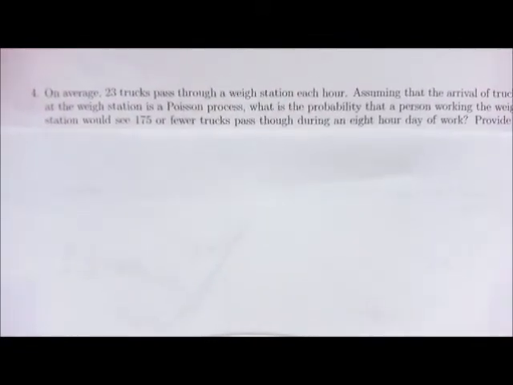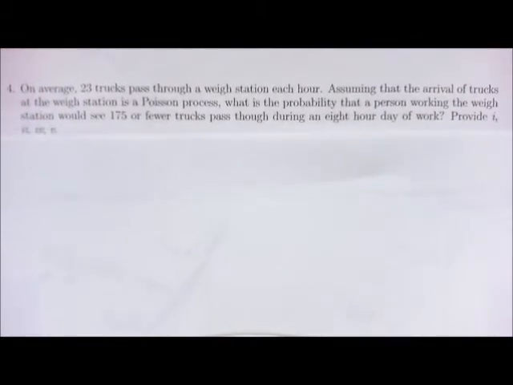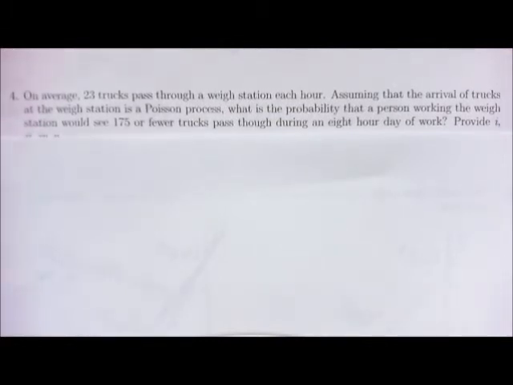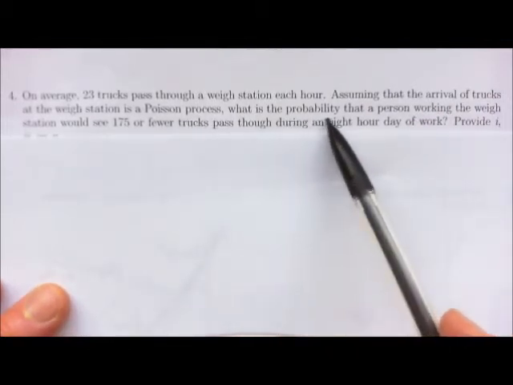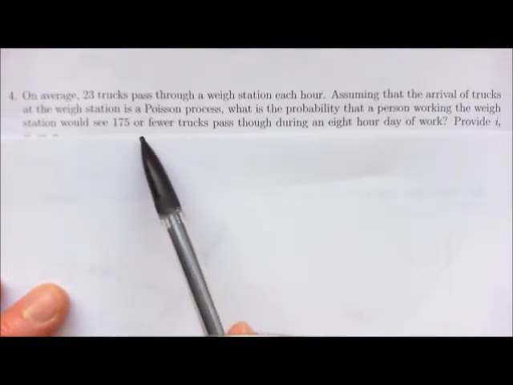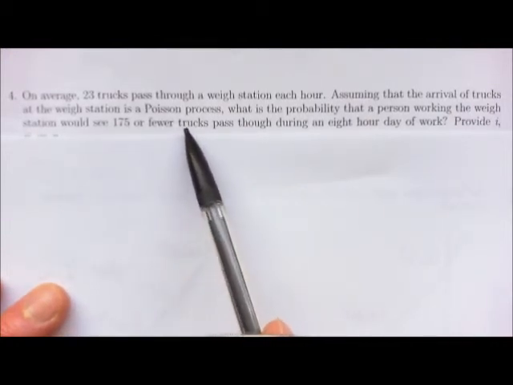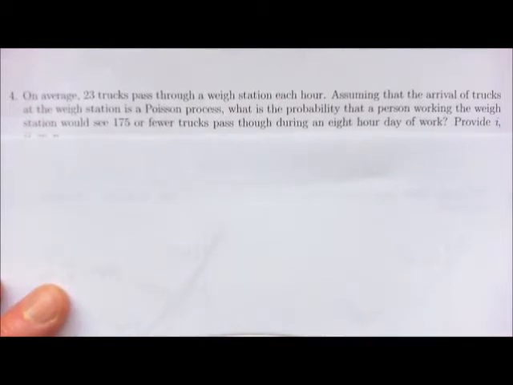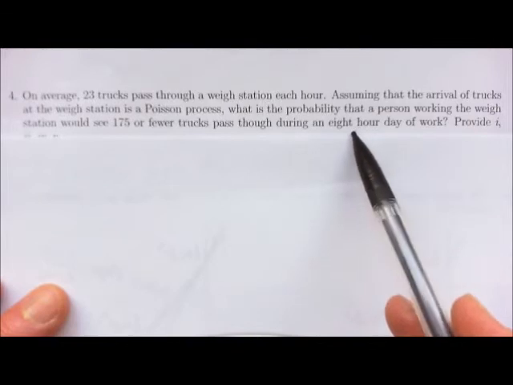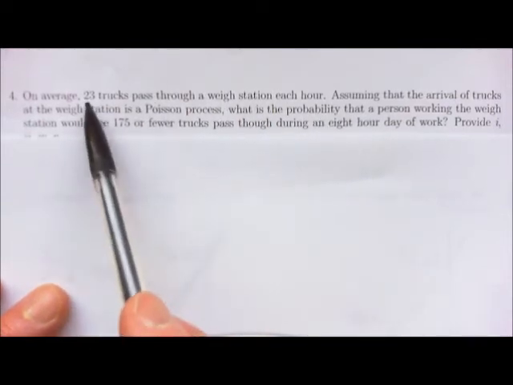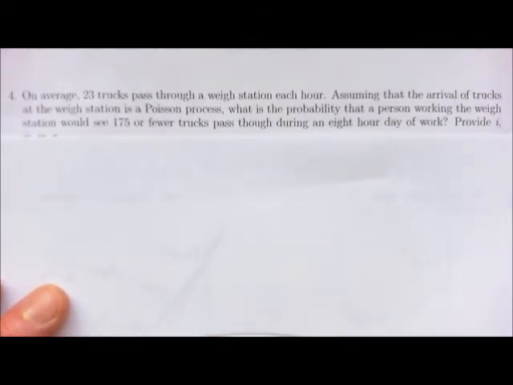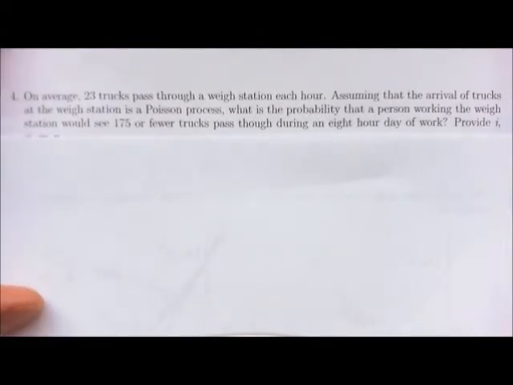Coming down here, now we have a situation, we've got trucks passing through a weigh station. The average rate at which they come through is 23 trucks per hour. And assuming the arrival of trucks is a Poisson process, what's the probability a person working the weigh station would see 175 or fewer trucks pass by during an 8-hour day? So we need to take our 8-hour day, and that would be our T, and our lambda would be 23 trucks per hour. So if we take 23 times 8, that would give us the expected number of trucks in an 8-hour day. And we want to know what's the probability that we would see 175 or fewer under those